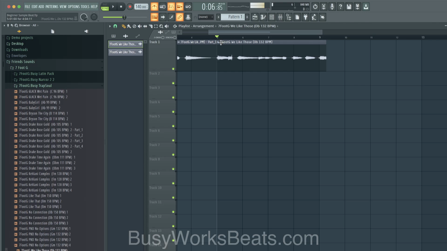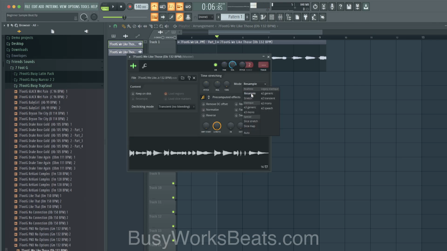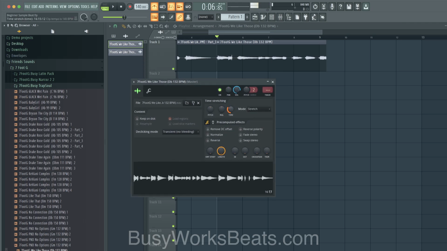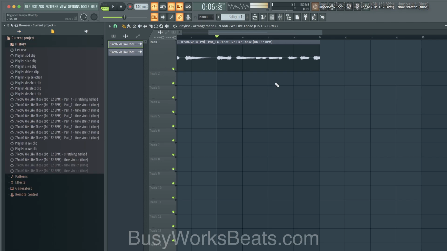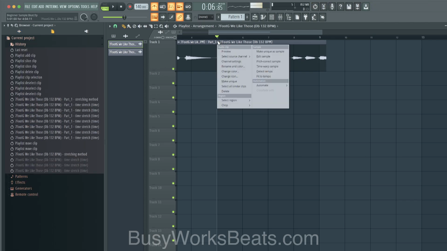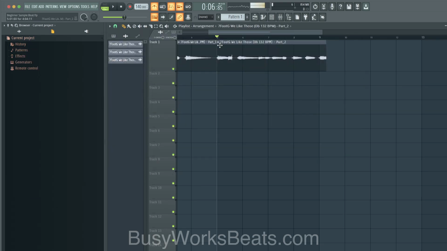Okay, so now we're gonna grab the very beginning of the sound. We're gonna go to the top left, go to channel settings, go to mode, stretch mode, and we're going to set the time now to match 4 bars, just like before. In this case, it's reading a different saying. Oh, you know what? Because we didn't make it unique as a sample. So let's go back. Control Alt Z. Okay. Make unique as a sample first. And because it shouldn't be reading 16 bars.